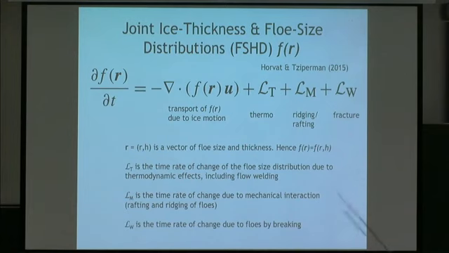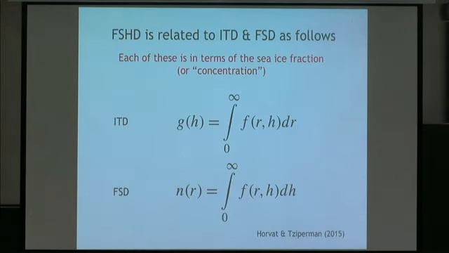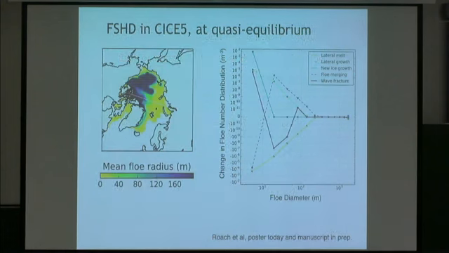It has a very similar structure to the ice thickness distribution equation itself, but the treatment of breaking is key. And that joint distribution, if you integrate it over radius, you can get the ITD, the thickness distribution, or if you integrate it over thickness, you can get just the floe size distribution. This has been implemented recently by Letty Roach, who's here, in this joint way, a simultaneous two-dimensional distribution. And she's going to show a poster today where she will demonstrate that she has already managed to run this model to an equilibrium to achieve a distribution with smaller floes at the edge, as you would expect, and they definitely get very small at the edge,